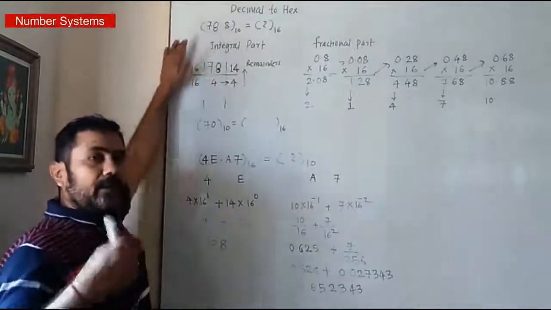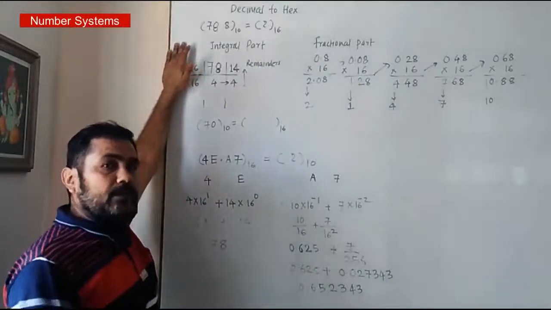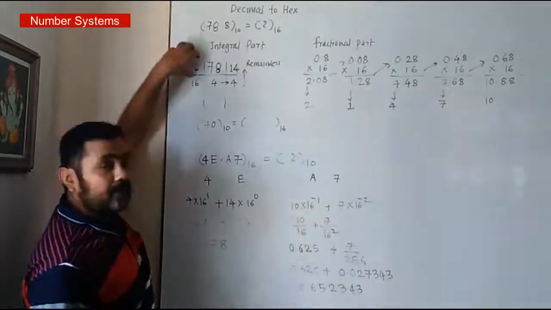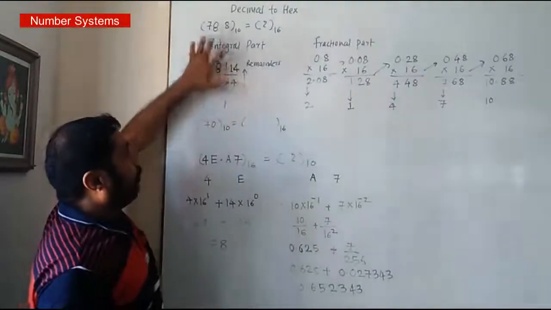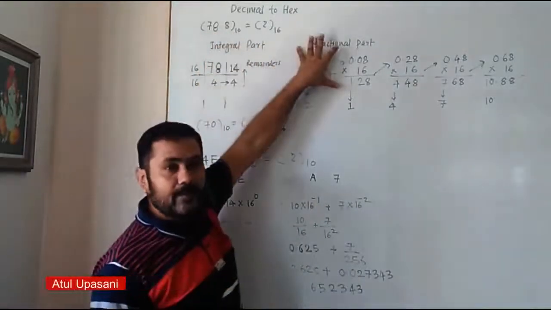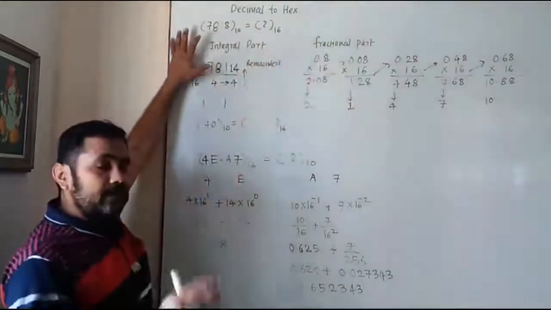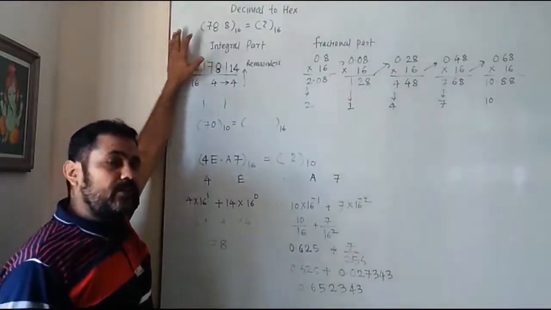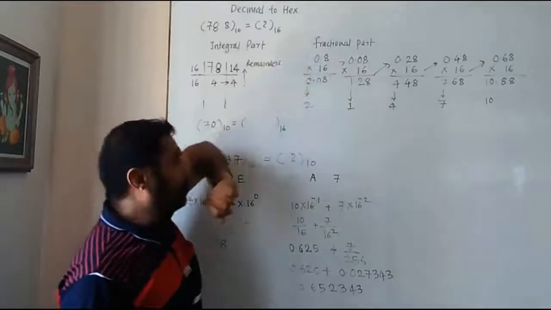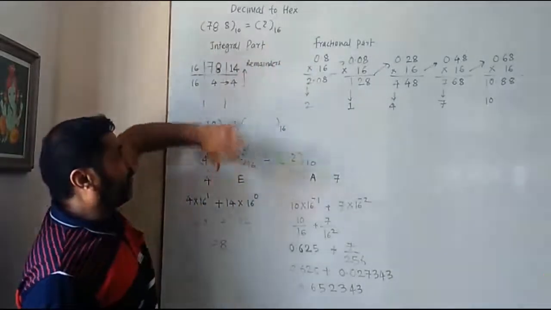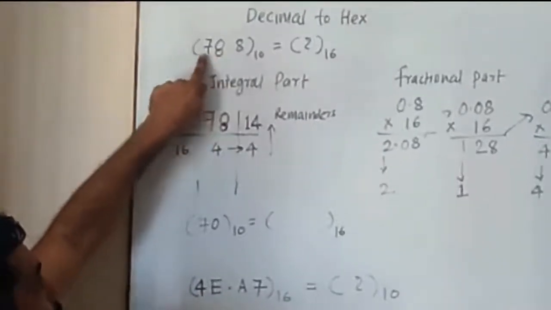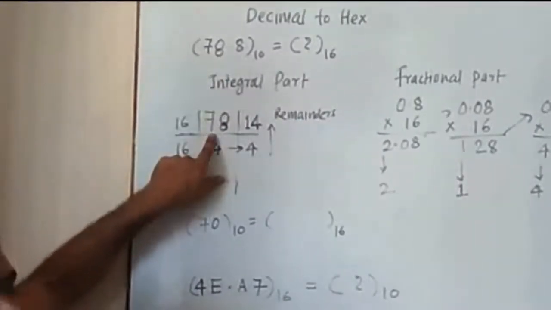The method we implemented in the conversion of decimal number into binary, the same method we have to use here. We have to solve the integral part separately and the fractional part separately. The decimal to binary conversion method was called the double-dabble method. Here this method is called the hex-dabble method. Here the integral part is solved like this. Suppose the integer in the example is 78.